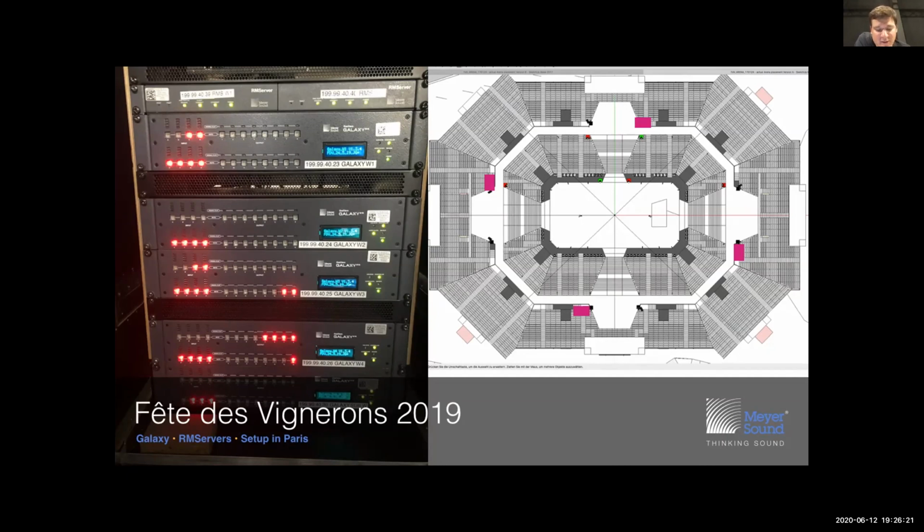Our ARM servers are monitoring the status of the amplifiers because the speakers are self-powered, the amplifiers are within the loudspeaker. And so the ARM server allows, from a remote computer, to control and monitor what's happening within the speaker. If the speaker is alive, if the fans are running, if the temperature is too high, all of this is monitored, and all of this has been explained in the previous